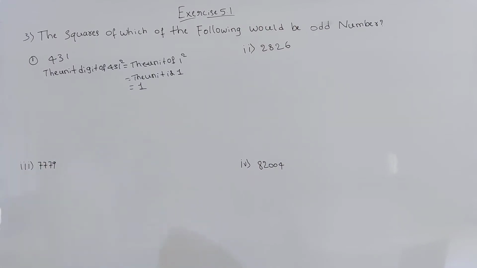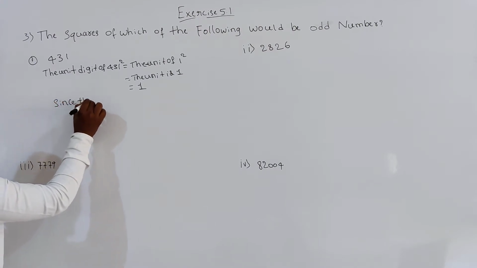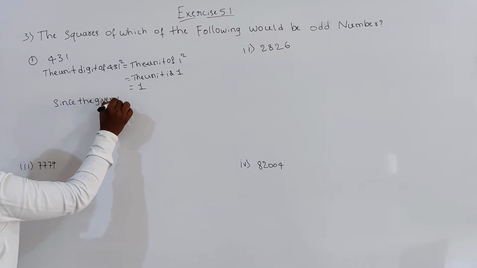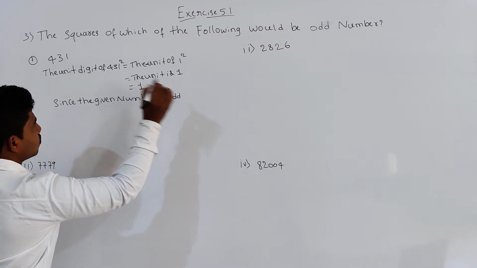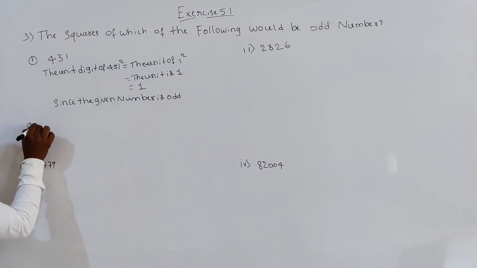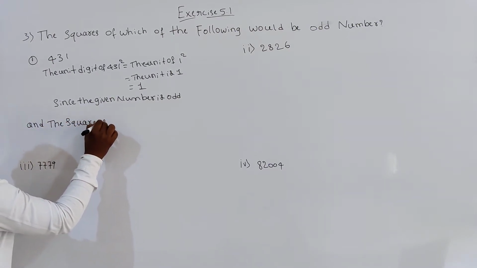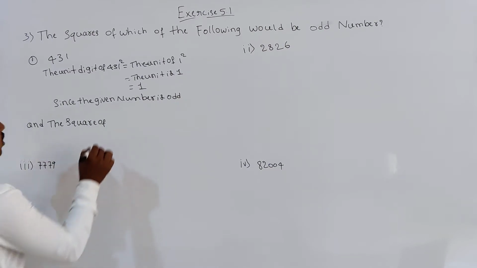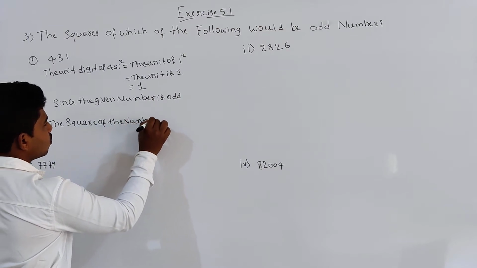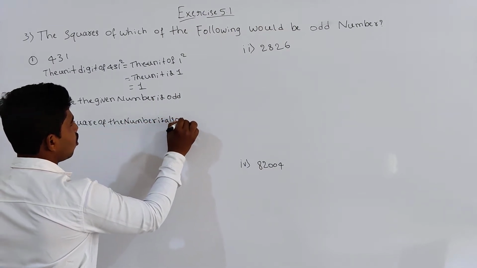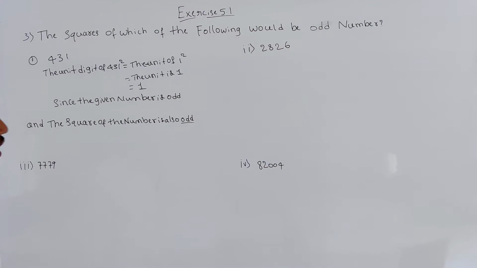Since the given number is odd, the square of the number is also odd. And coming to the second one,